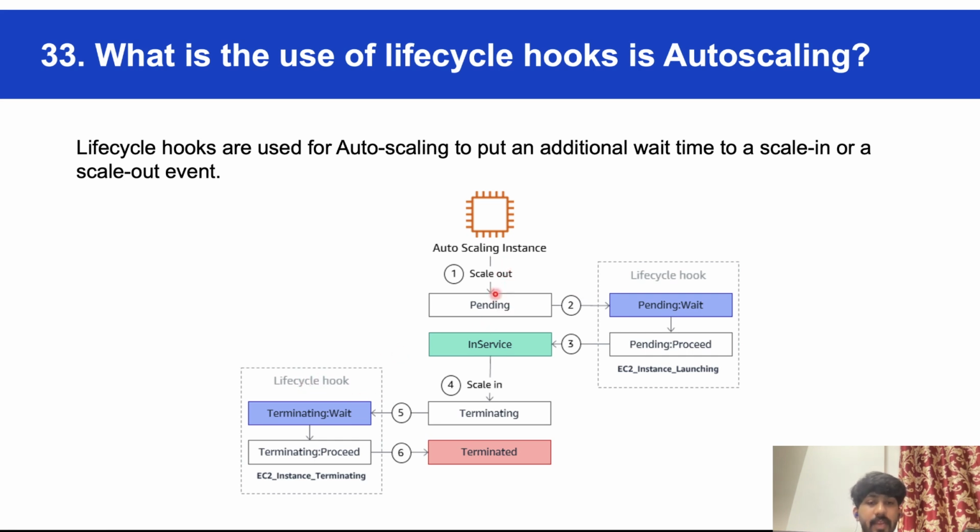First of all, scale out. Scale out basically means decreasing the number of instances. Let's say you have 5 instances. Now you don't need 5 instances, you want only 3 instances. So now you are reducing 2 instances, right? Now scale out pending. So lifecycle hook basically pending wait, pending proceed. So it is basically the instances are launching. So sorry, scale out basically means increasing the number of instances. Sorry, my mistake. So once the instance is launched, it would be in service, and then scaler